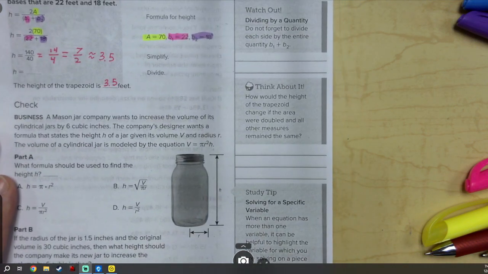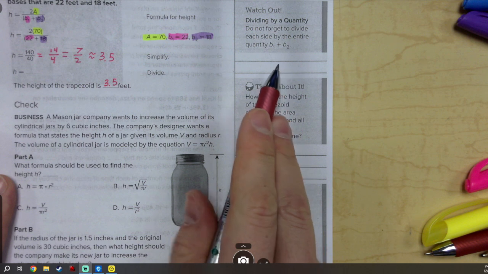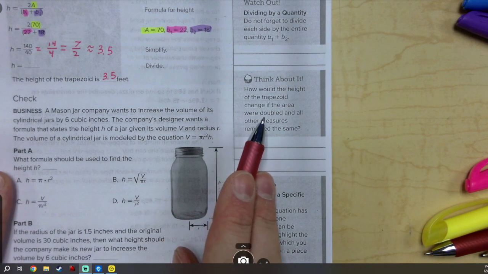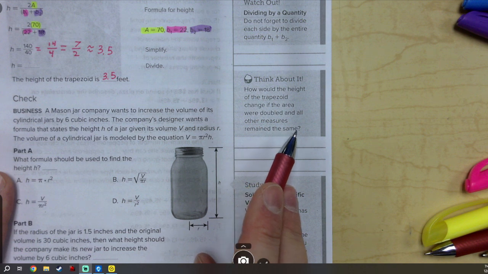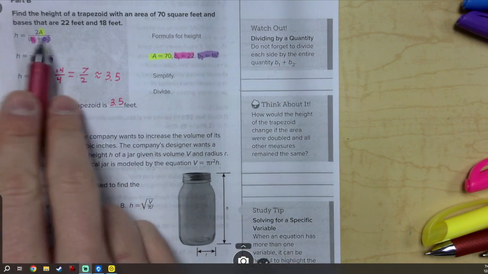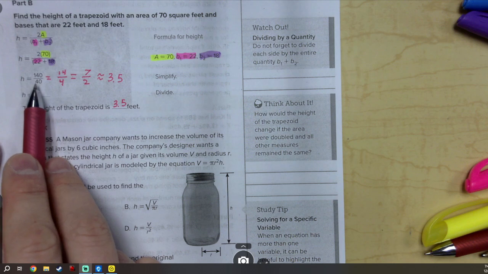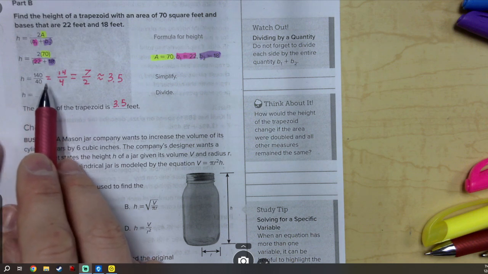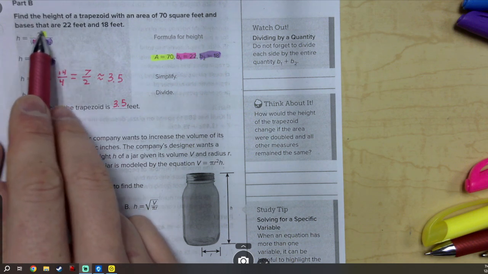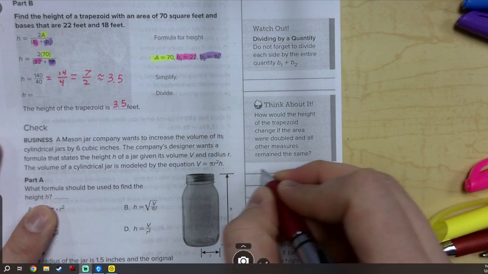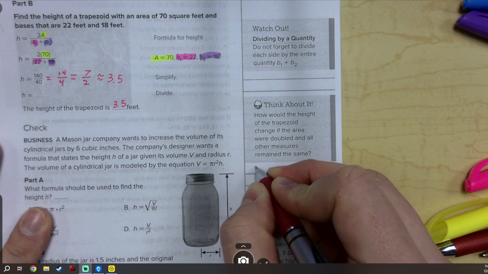Divided by a quantity. Do not forget to divide each side by the entire quantity B1 plus B2. Yep. Think about it. How would the height of the trapezoid change if the area were doubled and all other measures were the same? Well, if we double the area, we're just multiplying this part by 2. Since area is up here, if we were to double it, that 2 just becomes a scalar out here. So essentially what we're saying is we'd have a